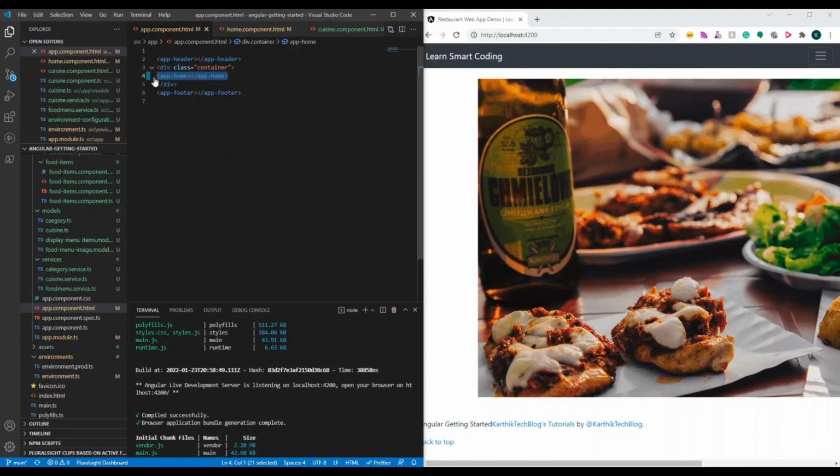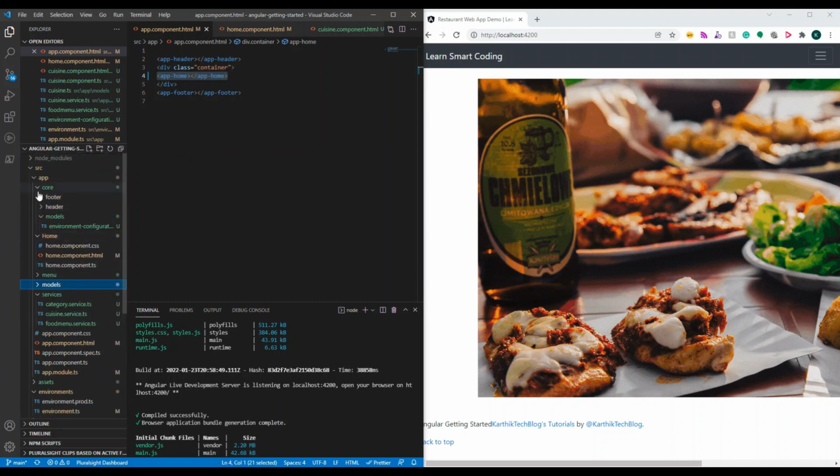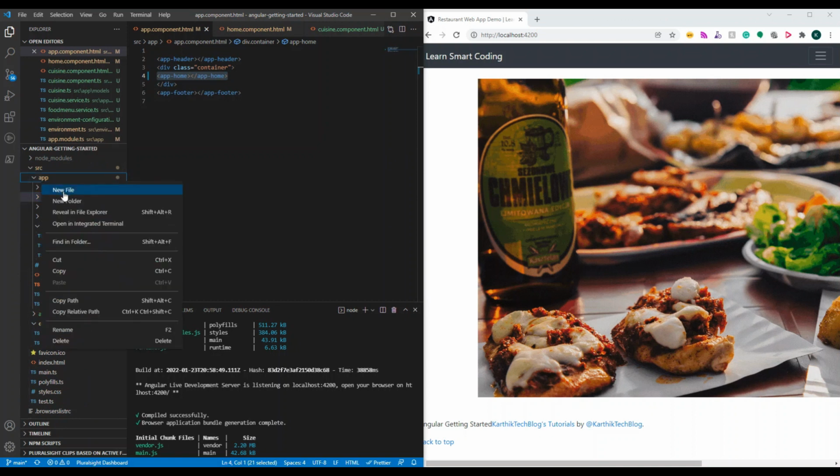So we are back in our application. In app.html, we used to put the components directly to display the end result. So we are going to replace the middle part and put the routing here, and then we will see how the content is getting replaced dynamically based on the route. I'm going to create a new file under the app folder and name it